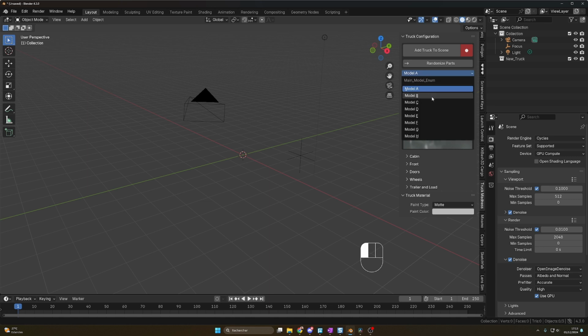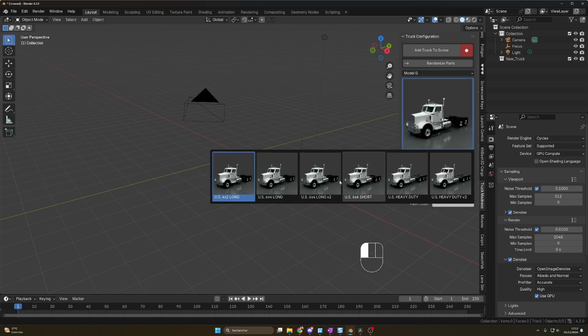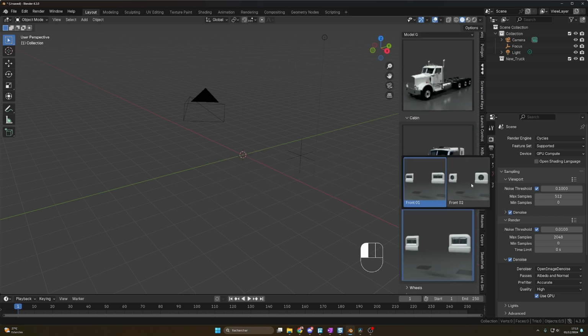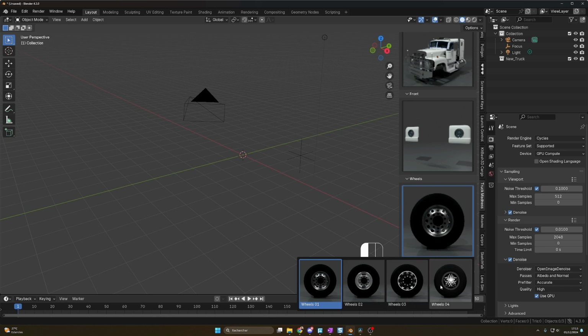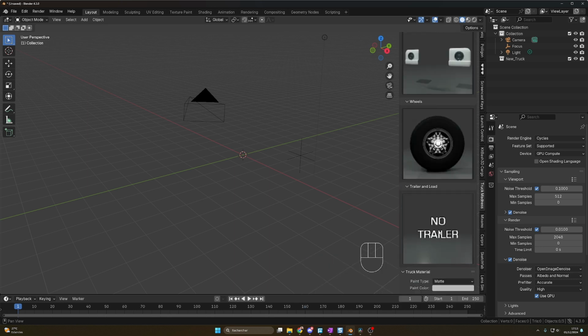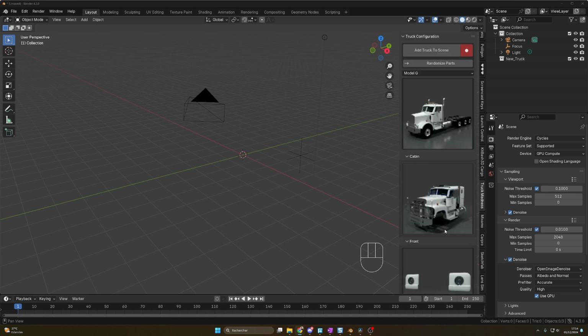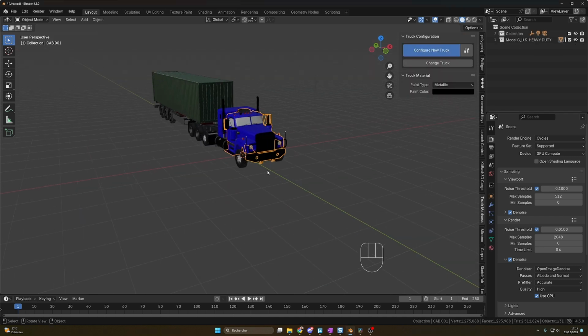As I told you, you can have up to 8 different models. Let's select the model G, and for each model, you will have different choices. Let's try the US Heavy Duty. For the cabin, I will select this one. For the front, I will select those headlights. For the wheels, let's try those. For the trailer and load, for the material type, I will go for metallic. And for the color, let's try pure black to bring some sexiness. Then, when you're happy with the different parts, you click on Add Truck to Scene, and boom, we have our